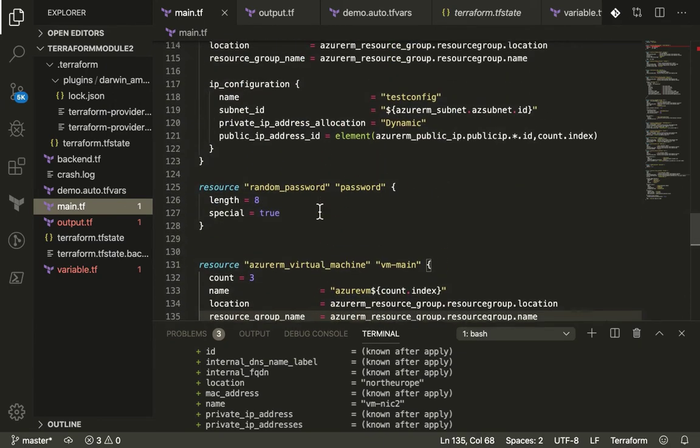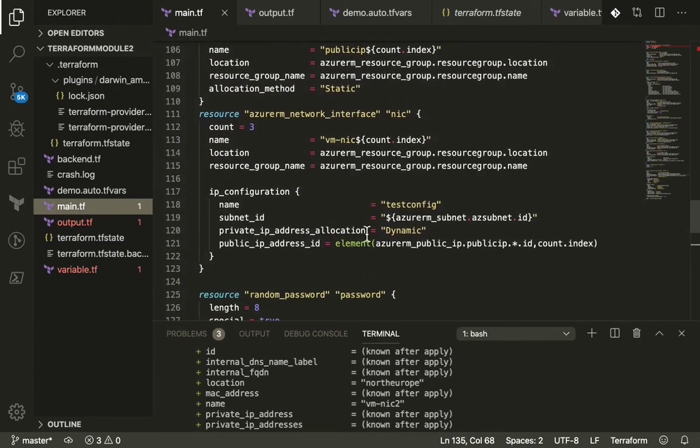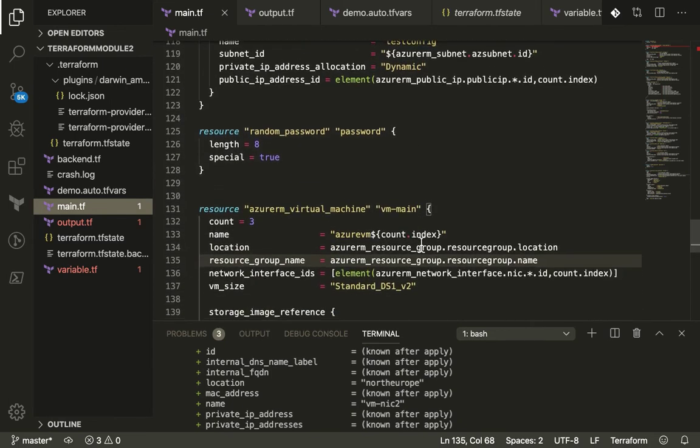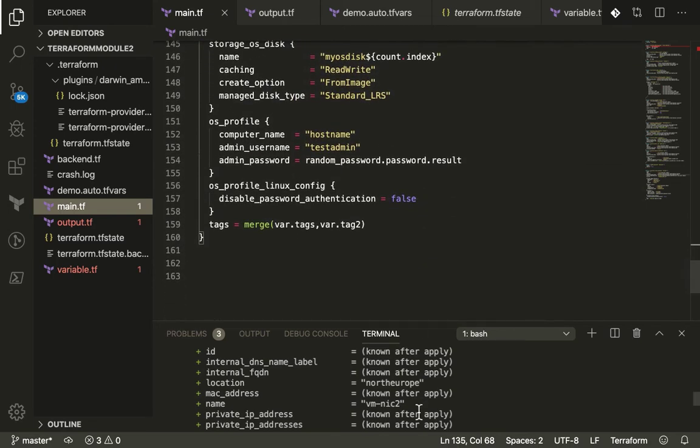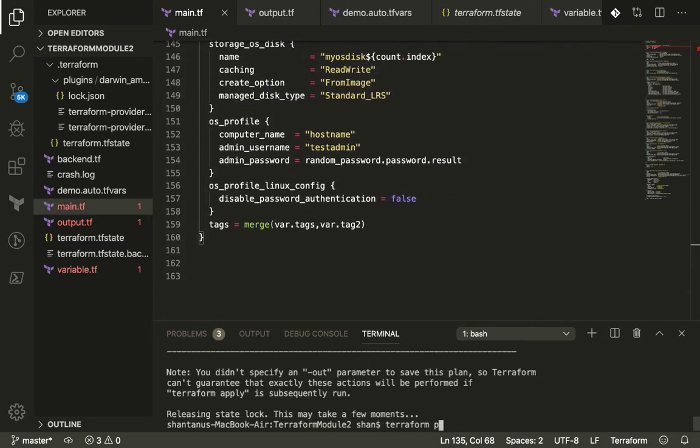Okay, so I'm going to go to NIC. The public IP address has been used, so that it's been assigned to the virtual machines, and then we've got the random password as well. Cool, sounds okay. Let's go ahead and apply our plan with auto approve,